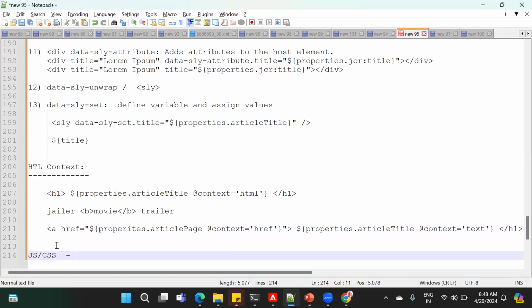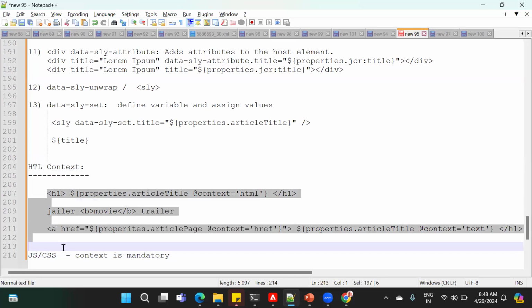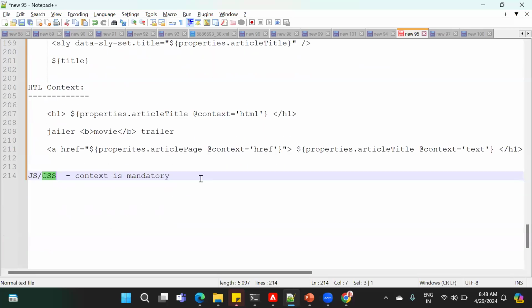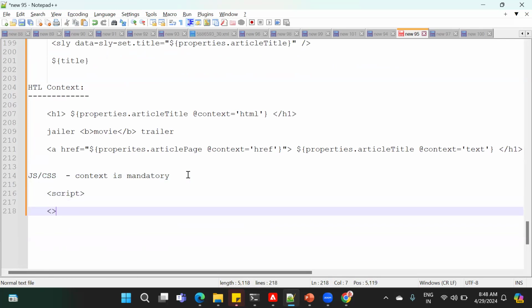Because HTL can understand the HTML language, but it can't understand JavaScript and CSS. Let's say you try to inject a value as a JavaScript variable, we'll write the script tag. Inside the script tag,